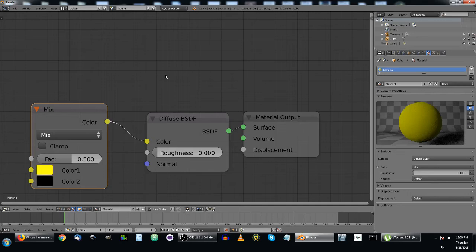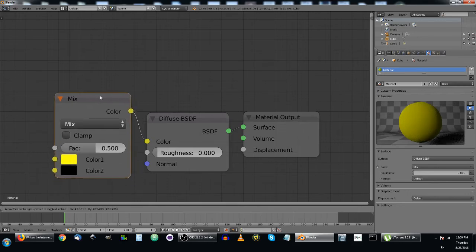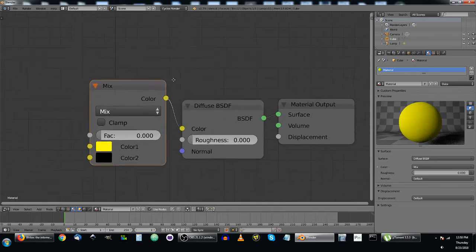Yep. And now I've got kind of a mixture between the yellow and the black. So if I crank one of them up, it becomes all black. I crank the other direction, it becomes all yellow. So